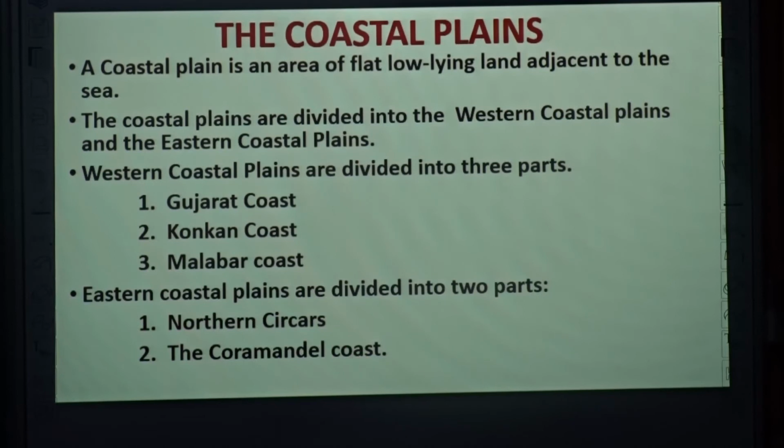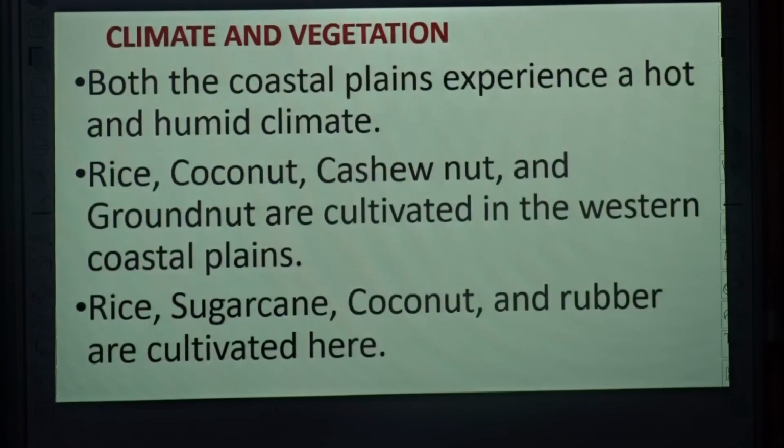Yes, children? So next we are moving to climate and vegetation of the coastal plains. Both the coastal plains experience a hot and humid climate. Hot and humid climate will be there in both the coastal plains, the eastern as well as the western coastal plains. And the crops grown here are rice, coconut, cashew nut and